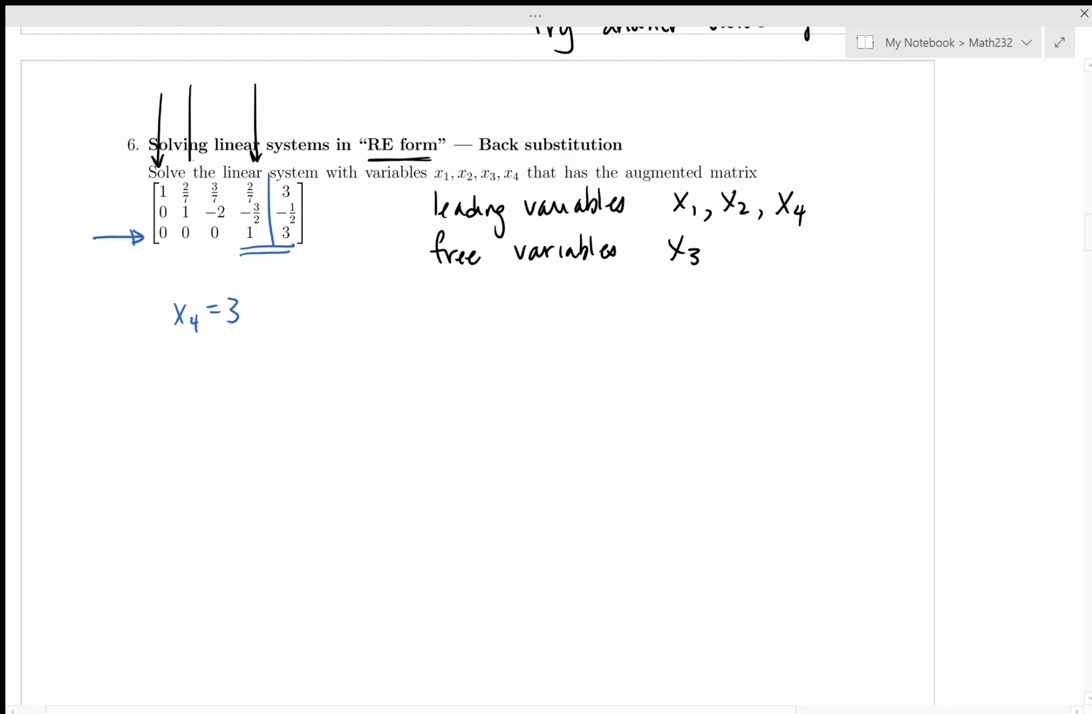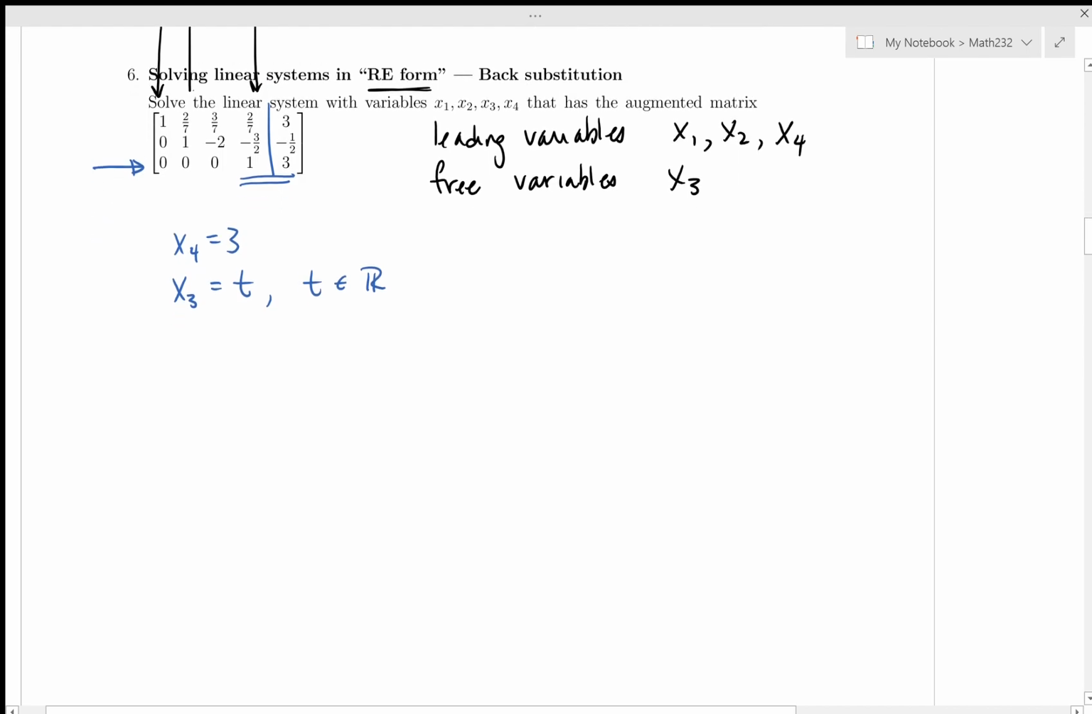Then we have already identified that x3 is a free variable, so I'll express that like this: x3 is any number t, where t is a real number. And then I move to the next row, this one here, and I'm going to write out what that's telling me. That's telling me x2 is equal to minus a half plus 2x3